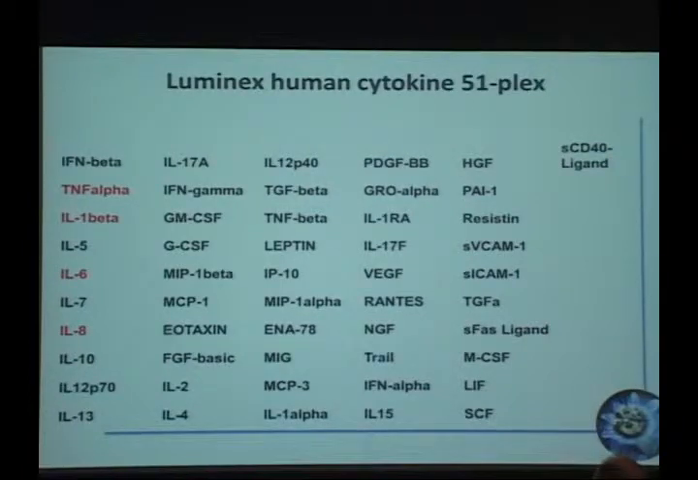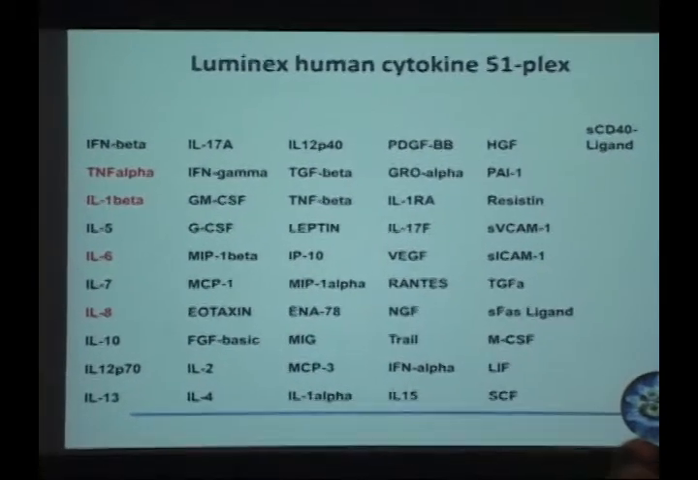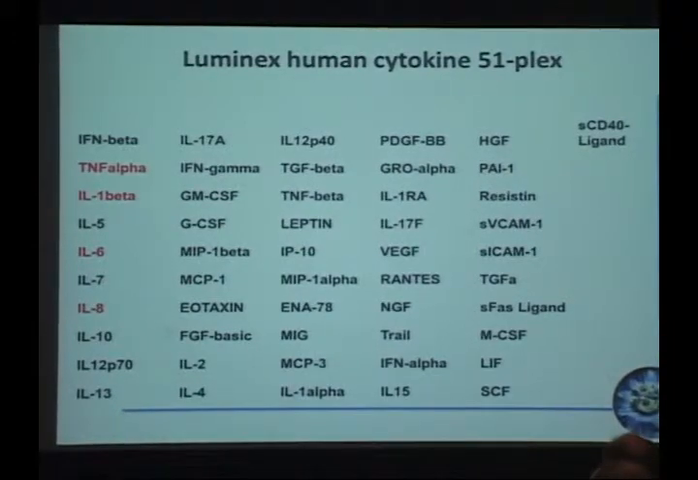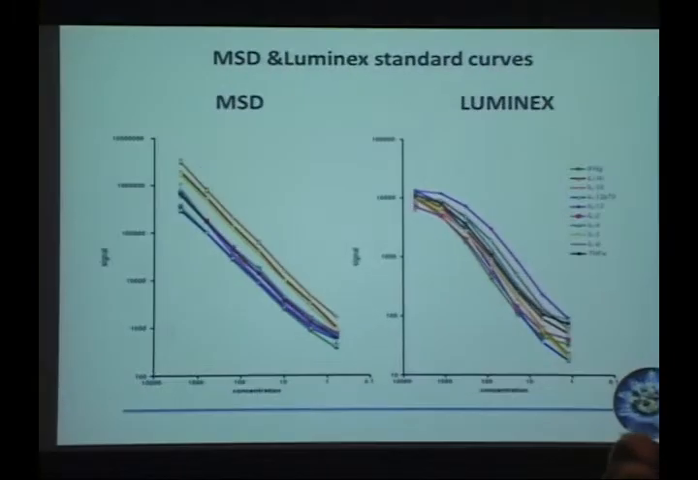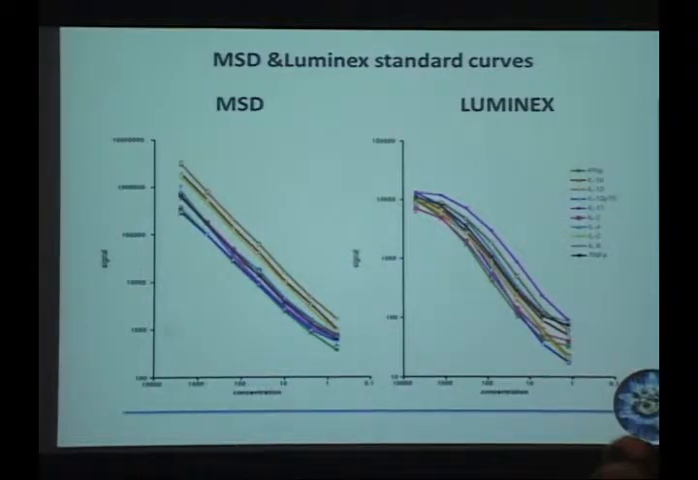So this is just to lay out the 51-plex, which is a polystyrene-based kit. And in red are the 4 cytokines that I'm going to go into a little more detail on. So we measure median fluorescence intensity, or MFI. And now the question is, how do we convert that into a comparable measurement to compare between samples, between plates,